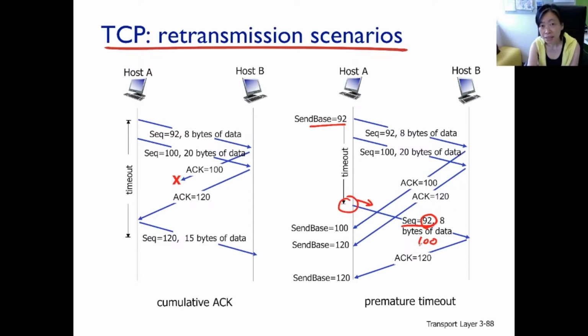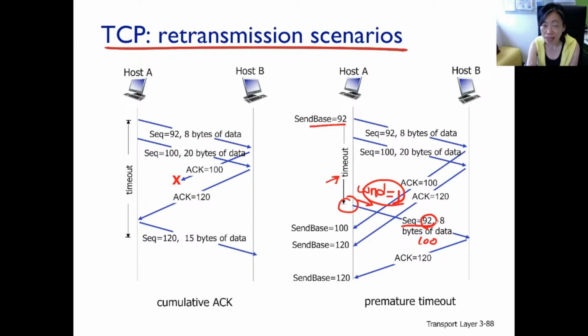The fact in TCP is this. There's something a little bit extra here. When the timer for send base 92 expires, the sending window size at the sender is also reduced to 1. That is saying, when the timer expires, the sender is going to retransmit, but the window size is limiting it such that we can only send 1 segment. And 92 is the smallest sequence number, and this is the only packet that can be transmitted.